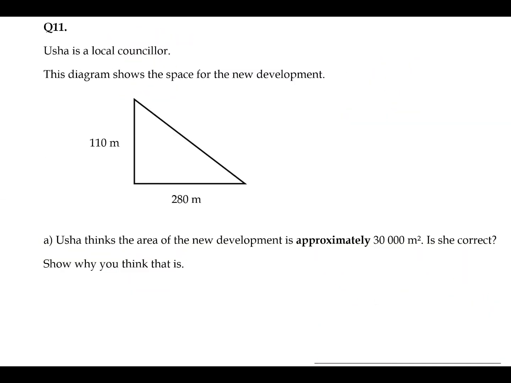Question 11. Usha is a local councillor. The diagram shows the space for the new development. Usha thinks the area of the new development is approximately 30,000 meters squared. Is she correct? And show why you think that is. So we have to work out the area of a triangle, and it wants us to do it approximately. So we'll use estimation. We'll make this side 100 meters, and we'll make this side 300 meters to make the